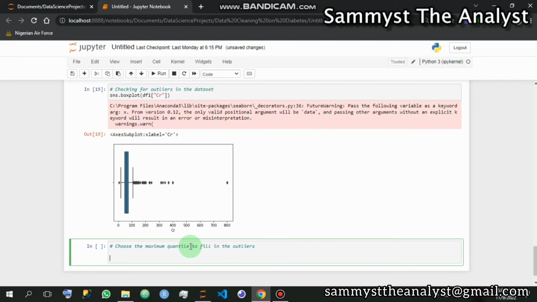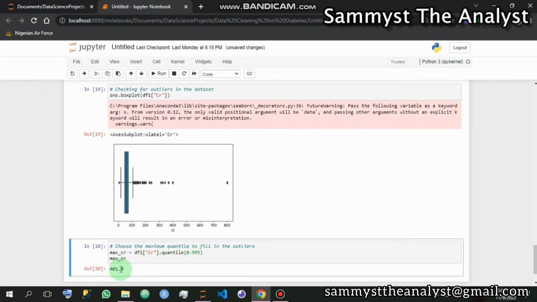Now we want to say max CR is equal to df1 square bracket CR dot quantile open bracket 0.995. So we are using at least then we'll print the max CR. We want to know the maximum quantile using this particular value 0.995. Now when we run this, okay, so you can see here that